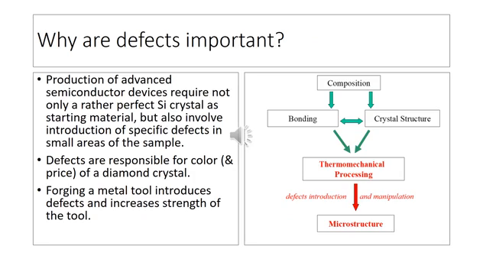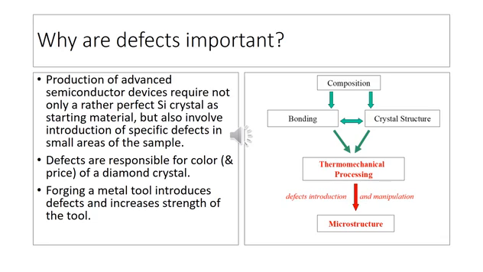Another characteristic of our structures is that they have defects, and typically the defects are not a bad thing. These are sometimes required for different uses. For example, in the semiconductor industry, they require them, and also in diamonds, they are the ones that give them color, and even in forging of materials, these are introduced to increase the strength of the metal. Also, even in catalysis, some reactions occur better or faster in the presence of defects, and defects are created or induced by